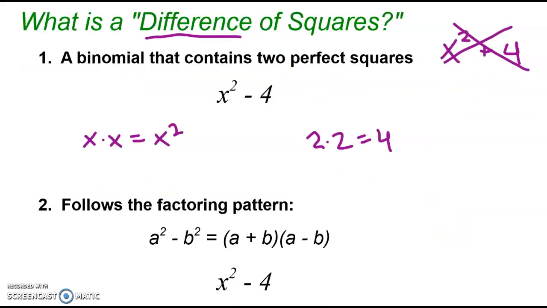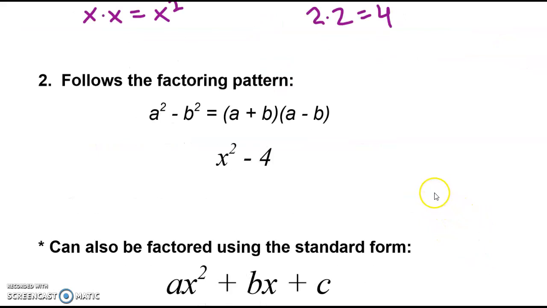Now, the factoring pattern is actually very simple. It just says this here: if I have a difference of squares, for example, a squared minus b squared, so this is any difference of squares where a and b can be variables, they can be integers, whatever. If we have a difference of squares like this, it follows this factoring pattern: a plus b times a minus b. So if we take our first example, x squared minus 4, this simply factors into